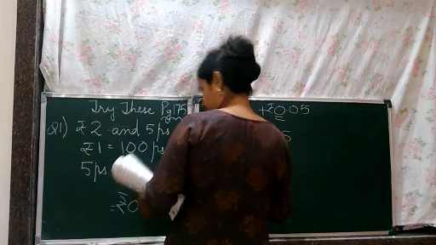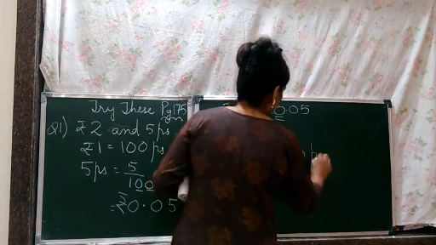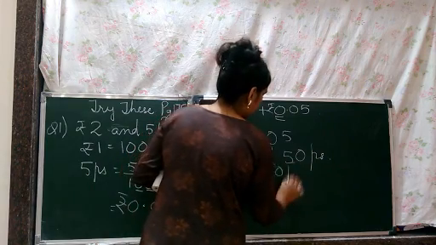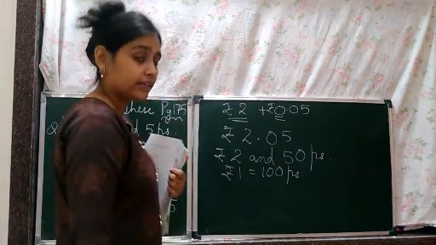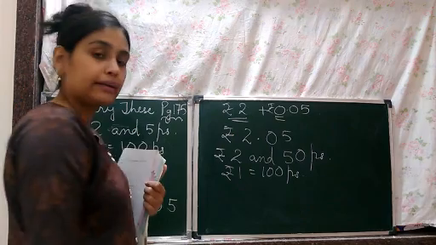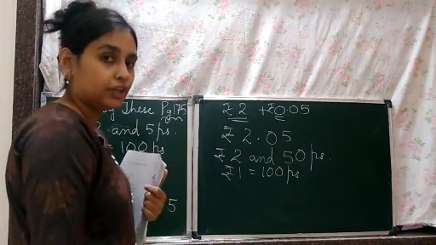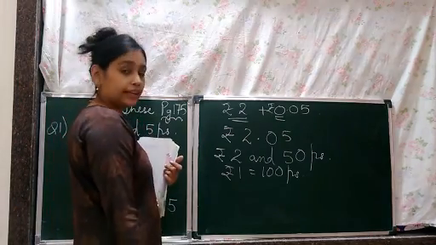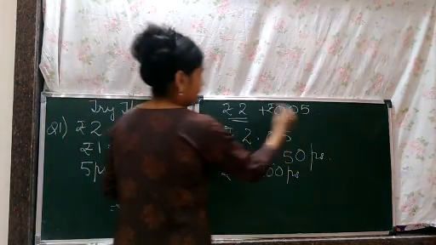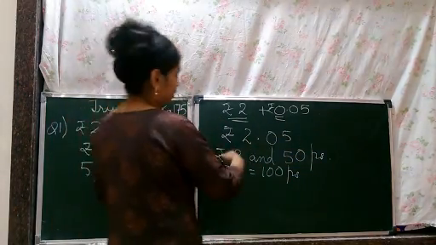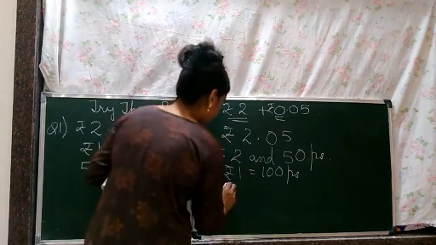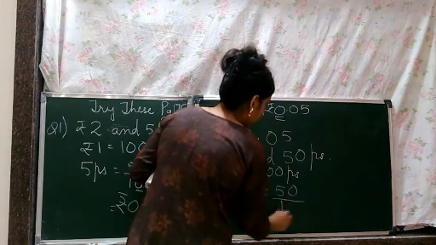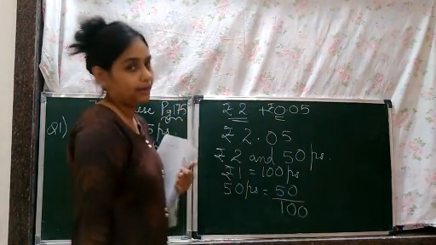Where is the question? 50 rupees. Here. So once again, 1 rupee is 100 pies. Once again, we have to convert it in decimal. That means smaller unit will be converting into bigger unit. Now, smaller unit converting into bigger unit means pies will convert into rupees. So we convert 50 pies into rupees.